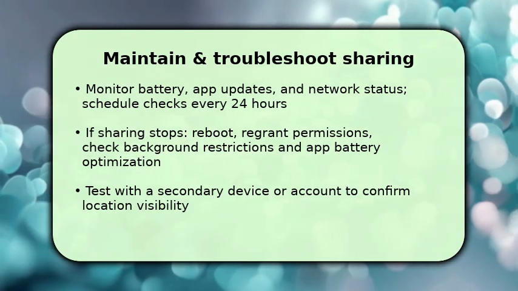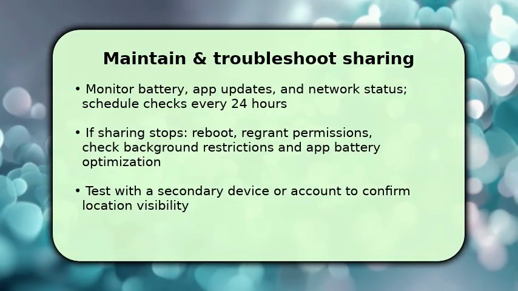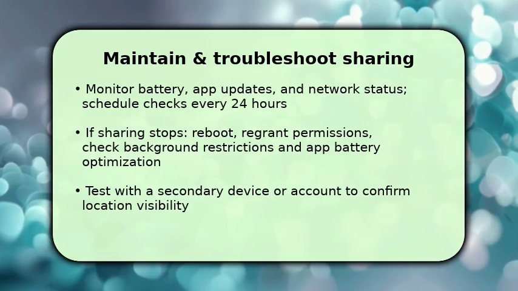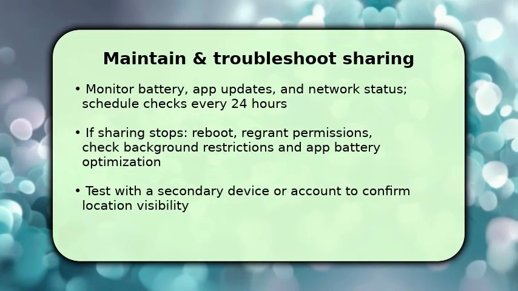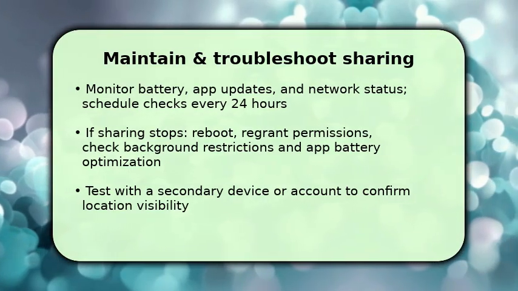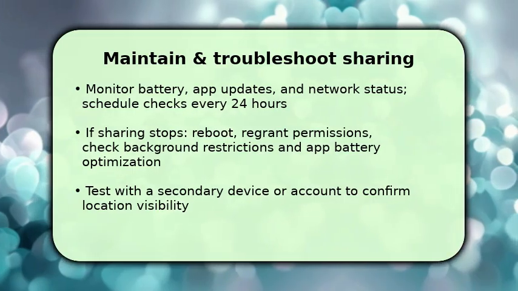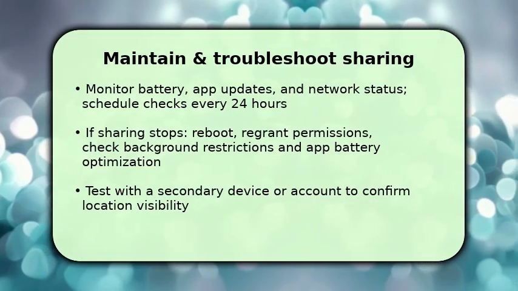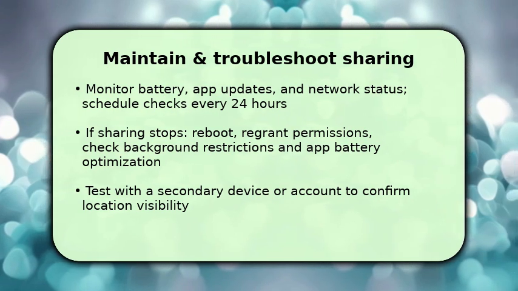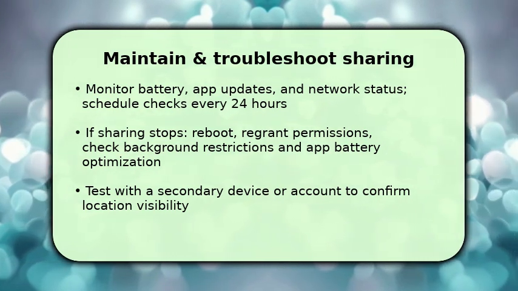If sharing stops, immediately reboot the device, regrant persistent location permission, and disable any battery optimization or background data limits. Make sure the account used for sharing is signed in on both ends and test with a secondary device or friend. If problems persist, reset network settings as a